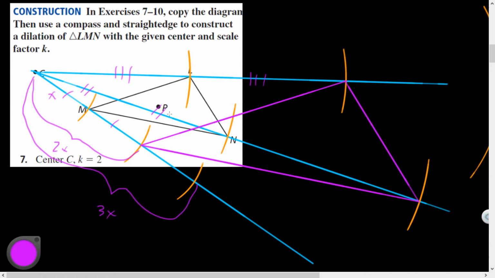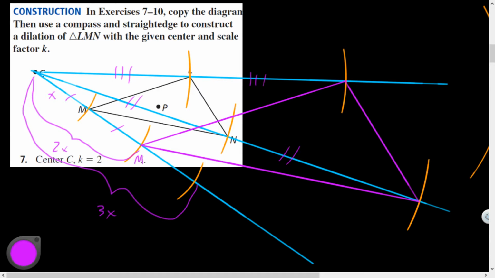Yeah, this one was congruent to this one. Thank you. So if I wanted to do a scale factor of 3, I would have done 3 tick marks out, but I only wanted 2, so that's why I did 2 out. If I put a third one out there, I could have scaled it up, and notice that